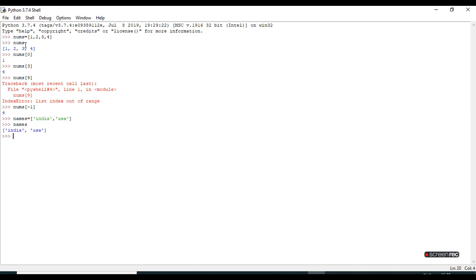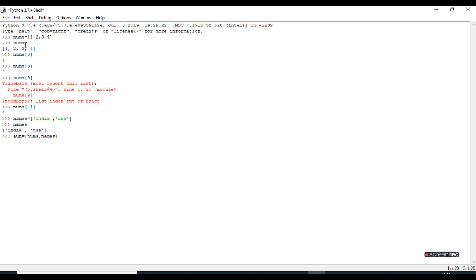Then if you want to concatenate two lists, means you have to join two lists. Concatenate is not the right word. If you want to join two lists, like if you are giving a new variable equal to nums plus names, what will it do? Any guesses?